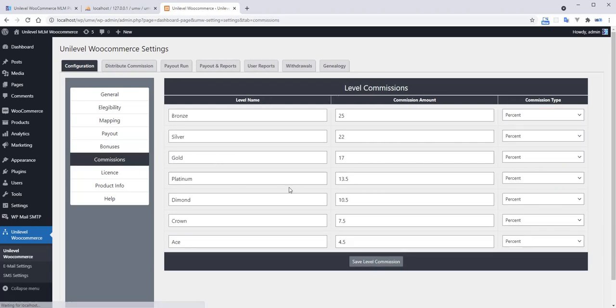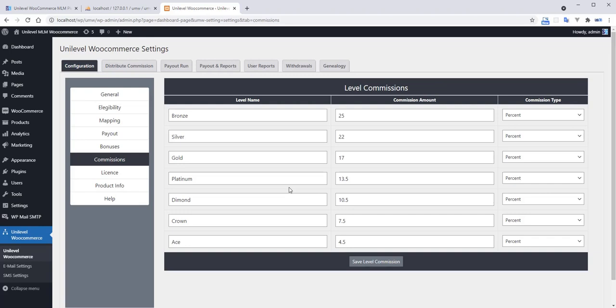We are going to the commission part as well. This is basically called the label commission. We can provide the labels, meaning the naming of the levels, like bronze, silver, gold, platinum, diamond, crown, and so on.